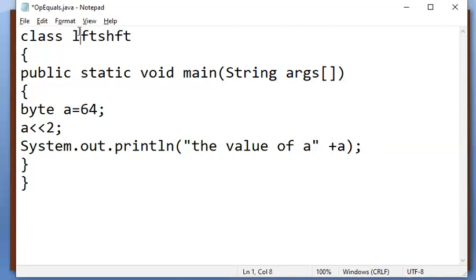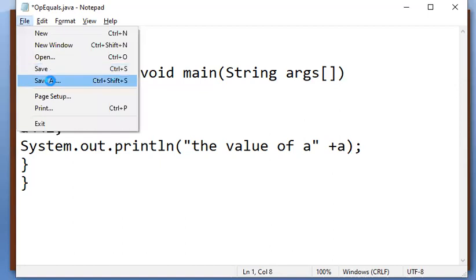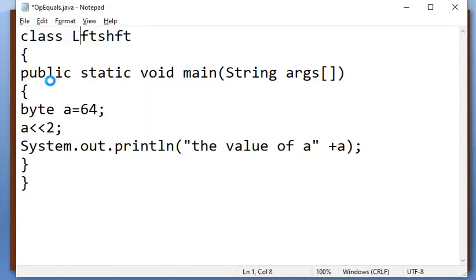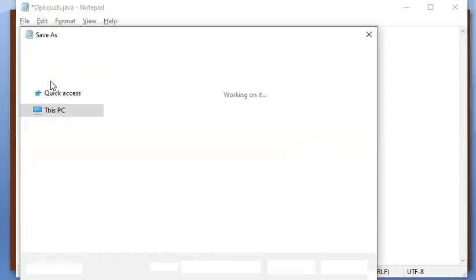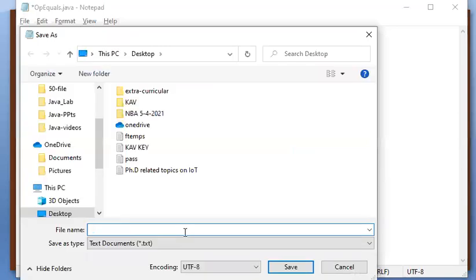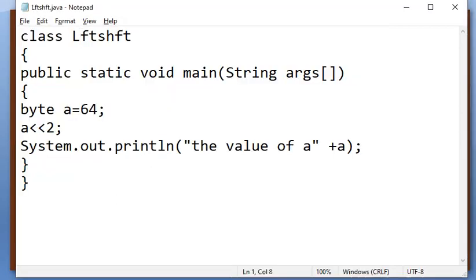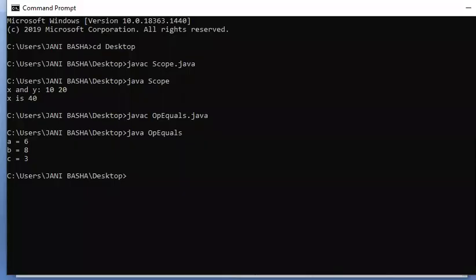I'll first try to type the name LFT and save it under some name. Now I can execute the program.